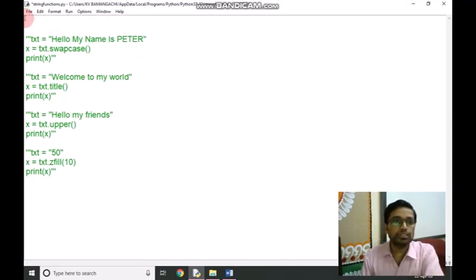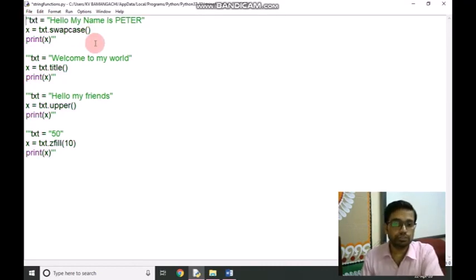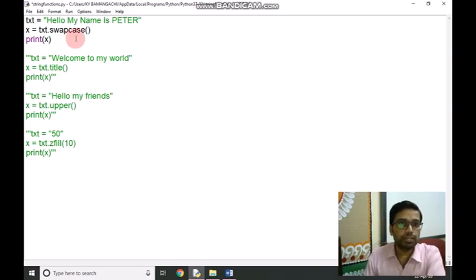Next function is swapcase. The swapcase function makes lowercase become uppercase and uppercase become lowercase. We have given a string, "hello, my name is Peter". We have called the function txt.swapcase.